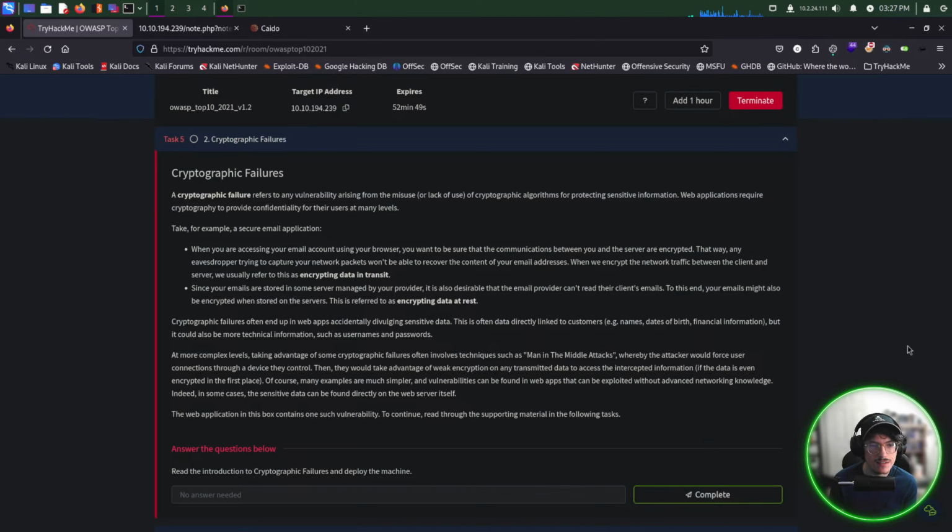When you are accessing your email account using your browser, you want to be sure that the communications between you and the server are encrypted. That way, any eavesdropper trying to capture your network packets won't be able to recover the content of your email addresses. When we encrypt the network traffic between the client and server,